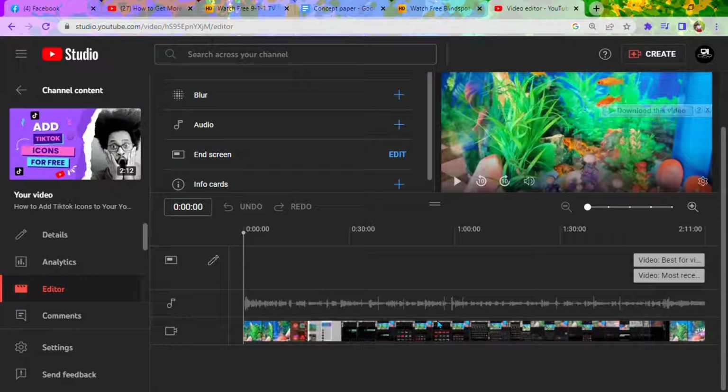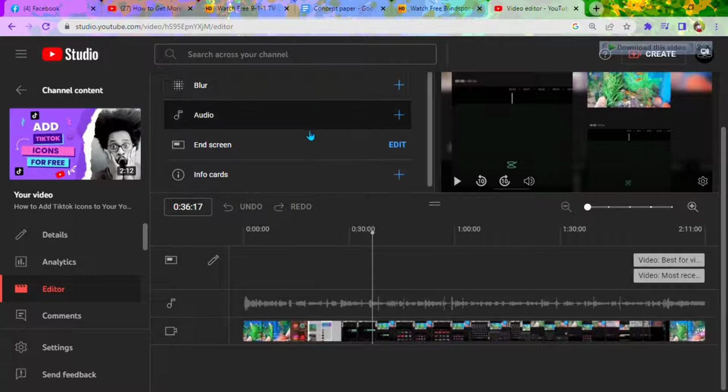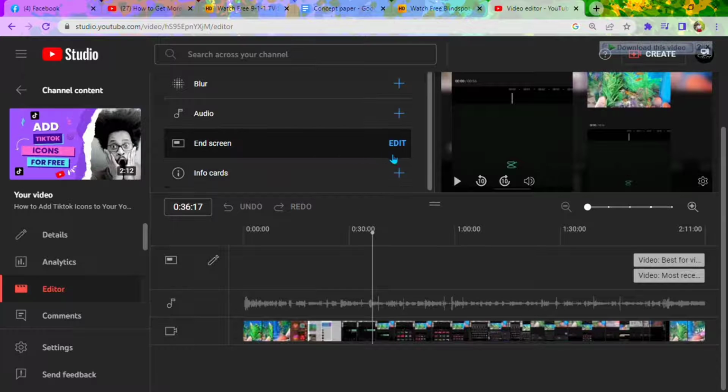So this is where all the magic happens. You can blur parts that you want to blur. You can add audio, and that audio can be from the YouTube audio library, and then you can add end screens, you can put info cards. So these are the options you can use to edit